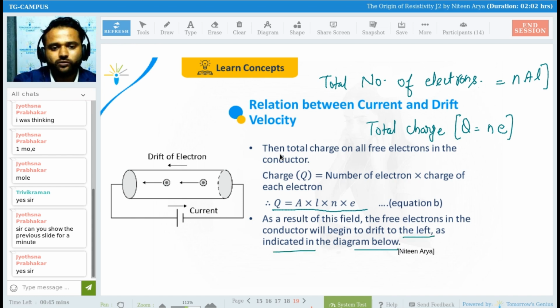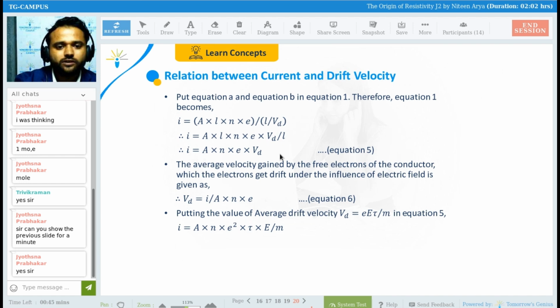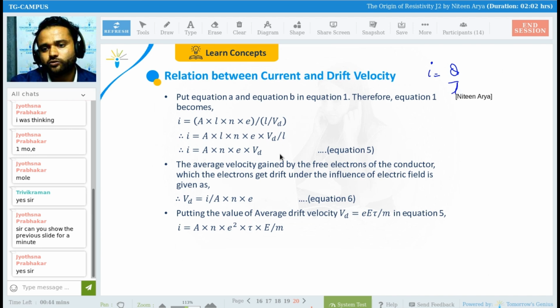as indicated in the diagram below. As you can see, free electrons are going to drift in the positive side, and current is going to be on the opposite side. So putting equations A and B in equation 1. So first of all, I equals to Q by T. Okay, we know this simple relation, I, current. This is your equation number 1, I equals to Q by T, where